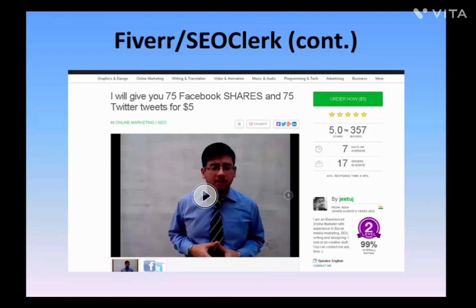Twitter tweets for $5. Now, even without an outsourcer, this is something that could easily be accomplished in, I would say, probably 15 minutes of building AdMe Fast points. Basically all you're going to want to do is go into AdMe Fast under the Add Site, Edit Site area. You're going to want to add Facebook post share and Twitter tweets, fill out the information that the client has provided to you, and you'll be good to go. Just screenshot your proof and send it along and collect your money.